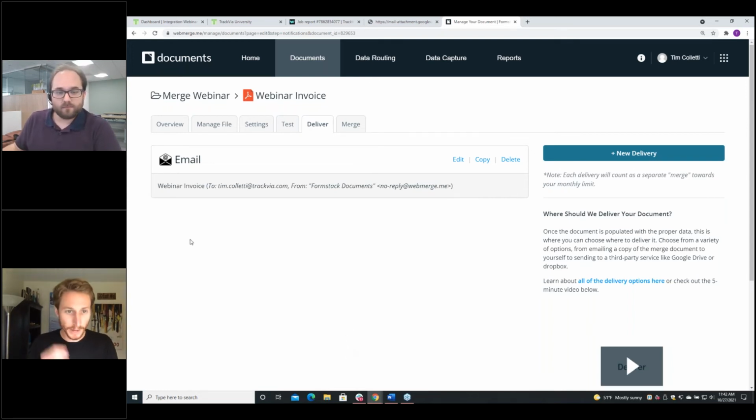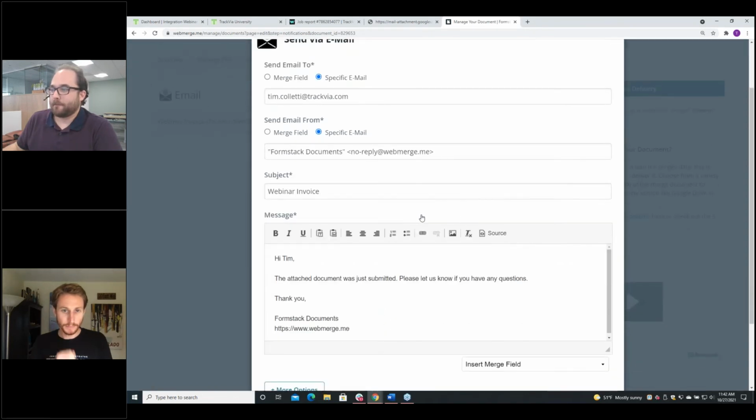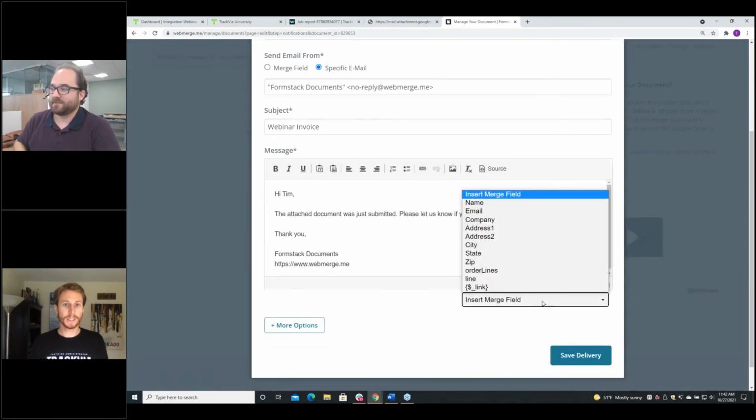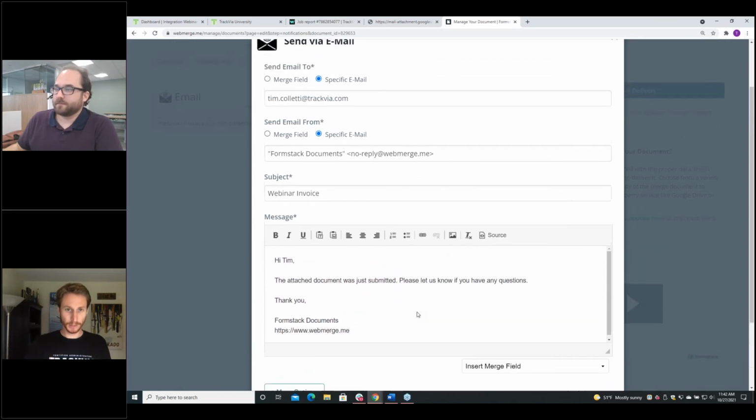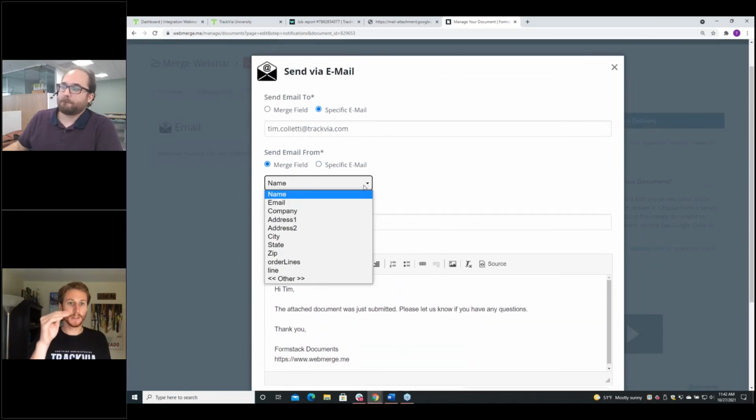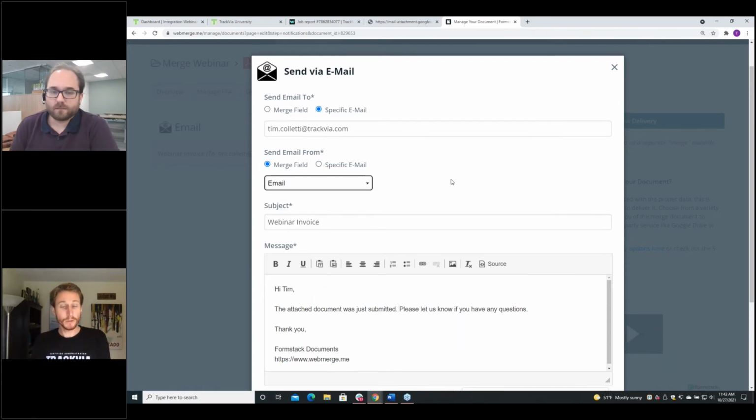And then one more item on that, Tim, if you edit that delivery again, there's actually also a toggle there that you may have seen for a merge field. Yeah, if you hit the edit button. Perfect. So right now we're sending to a specific email, and that's just not the send from one, but one up from that, up at the top of there. Yeah. So the send to email, it says you can send to a specific email address.